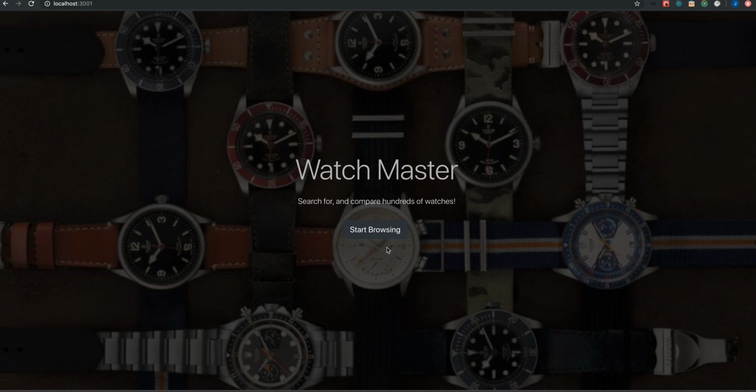Alright, so this is a project that I decided to make because I actually wanted to create a different project, but I couldn't find any APIs that had the information that I needed. So I basically needed an API that would give me hundreds of watches, and I could search through them and basically get the images and information. But I couldn't find any, so I decided to just make my own web scraper, which is what I did